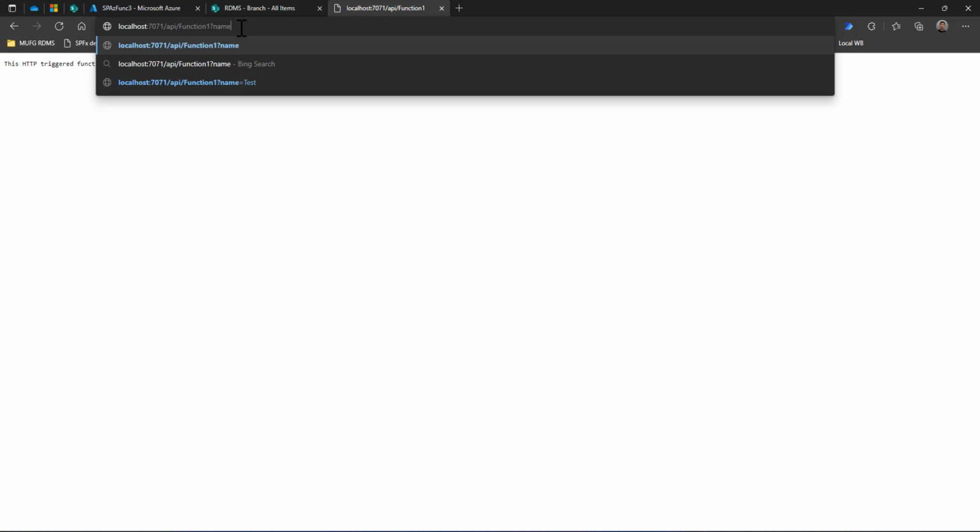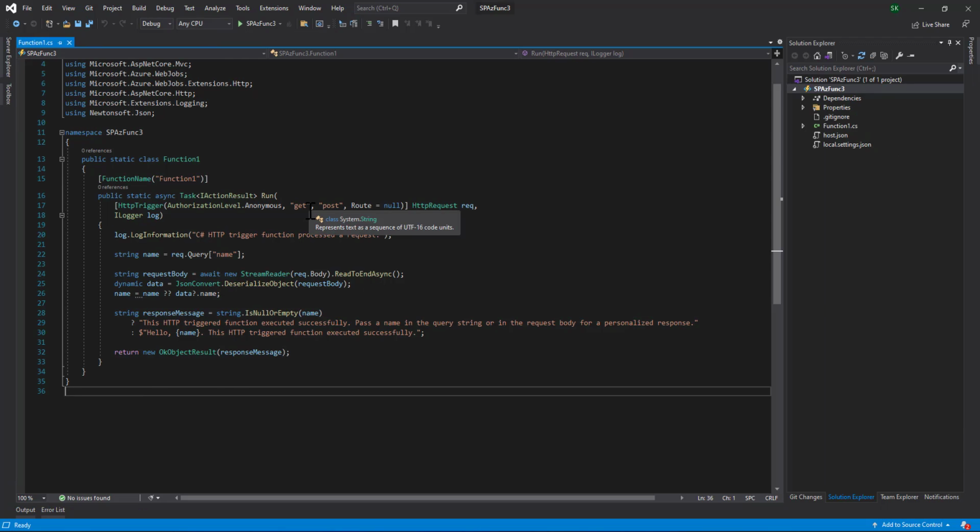If I pass in some parameter, it takes the name parameter and displays hello Sudarshan, this HTTP triggered function executed successfully. So this clearly shows that your function is executed successfully locally. Let us close this browser and stop the execution.